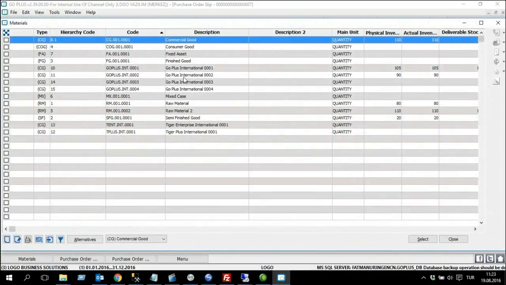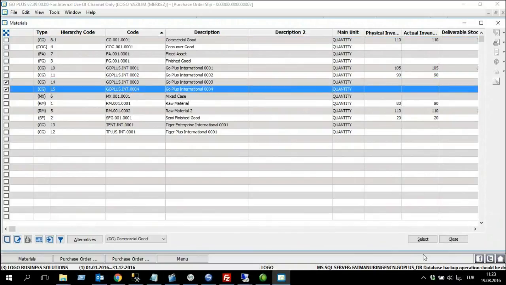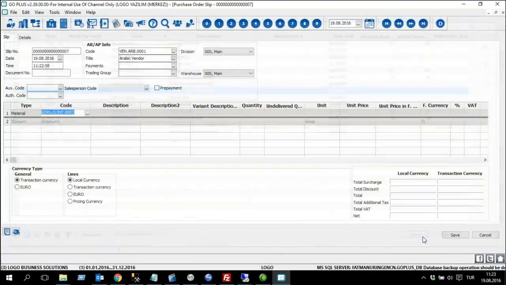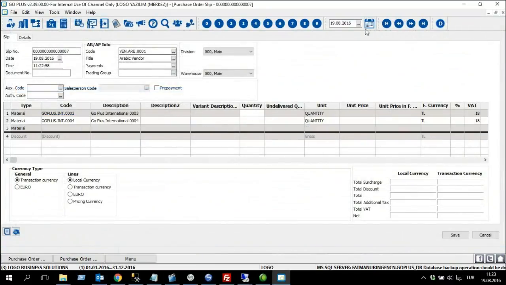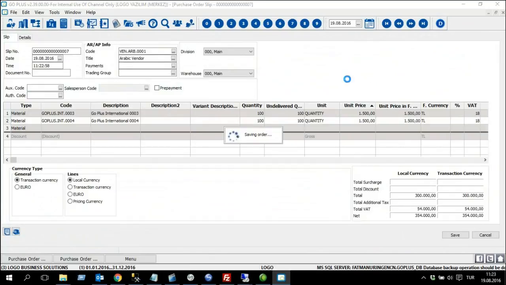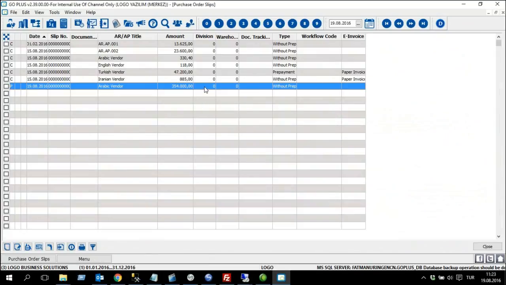On the lines, I will select my new materials, Go Plus International 003 and 004. I will set the unit price as you remember, before changing the